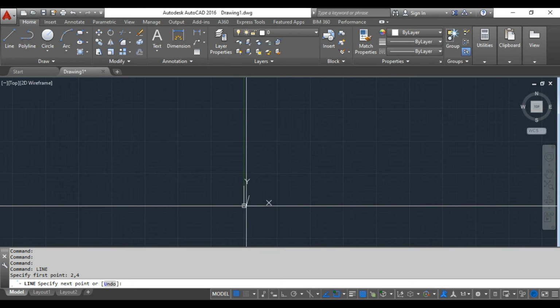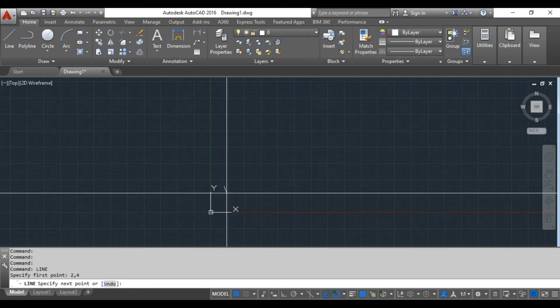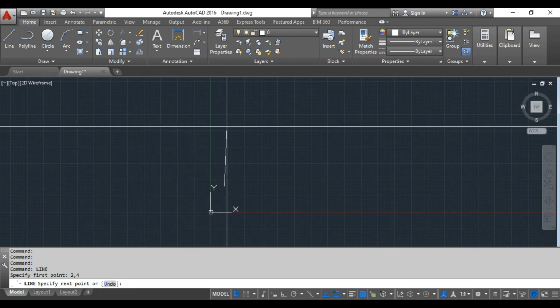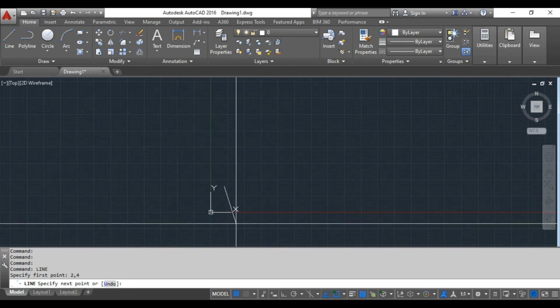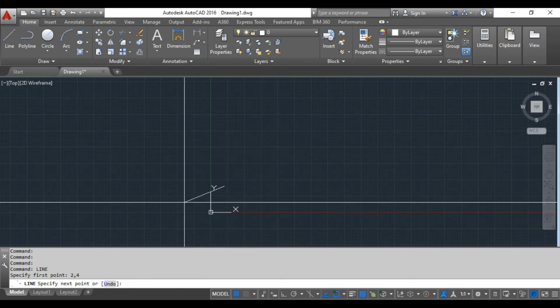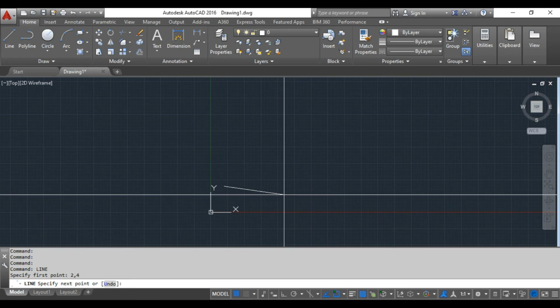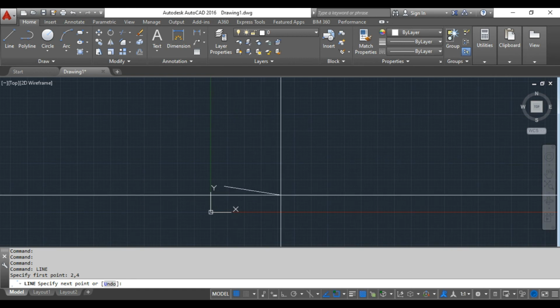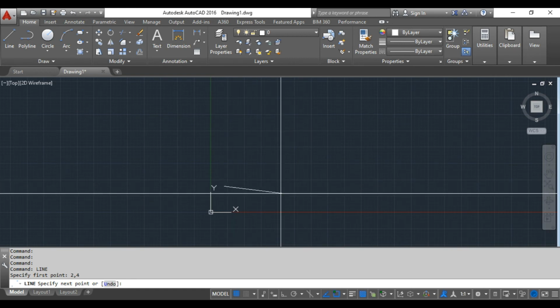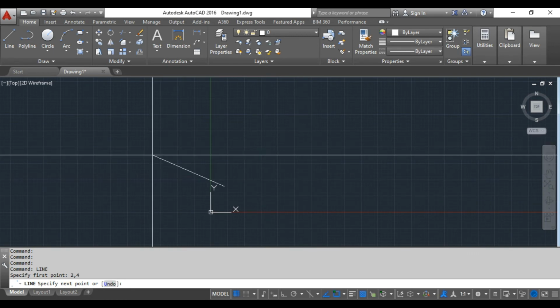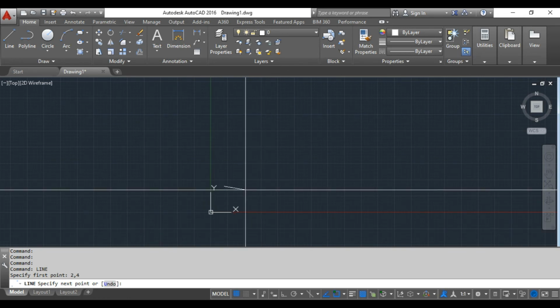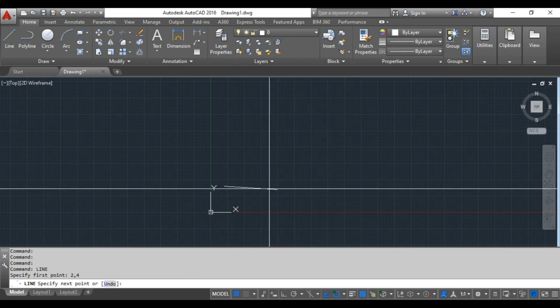See where it is indicating: from the x-axis 2 units, and from the y-axis 4 units. It is rotating through all 360 degrees. One end of the line is fixed because I have given the first coordinate point, so point A is fixed, but point B is not fixed because I have not specified the second point. So here I need to give the second end point. If I move with respect to the x plane, then you need to add to the x value. Since it is moving in 360 degrees, we call it polar. If you want the line to move either in the x plane or in the y plane,